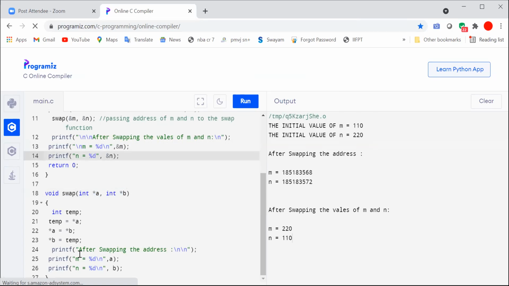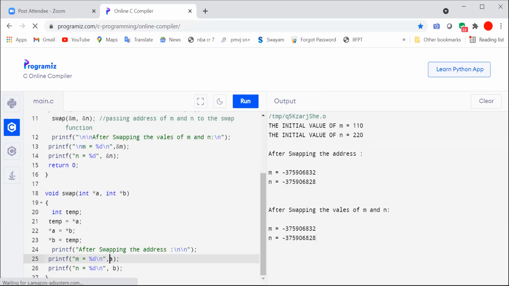Now we will check whether we are swapping in terms of the same variable locations. So A and B is equivalent to address of M and N. If you run now, the same address. Address of N, address of M is this. And the same way A and B is the same address, because A and B is equivalent to address of M, address of N.